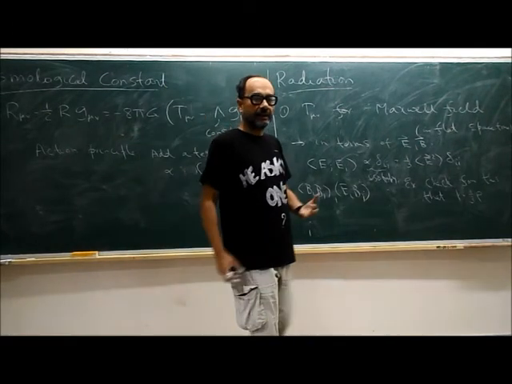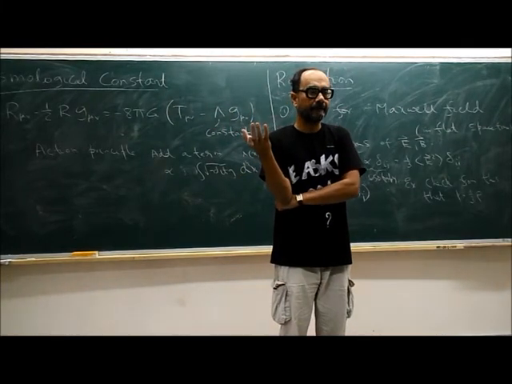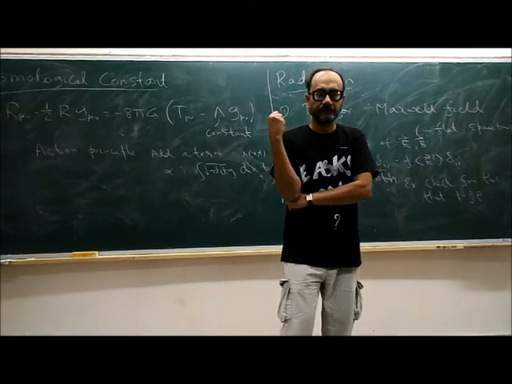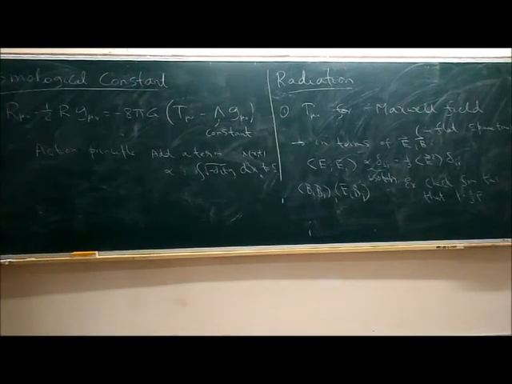But lambda can come from various sources. Lambda can be phi to the 4, for example, if phi is a scalar field. Or lambda could be m square phi square, where m is the mass parameter. So dimension by itself doesn't restrict it to depend on a field. It just says that if you have some power of a field, then the corresponding constant that multiplies it must compensate for the dimension.